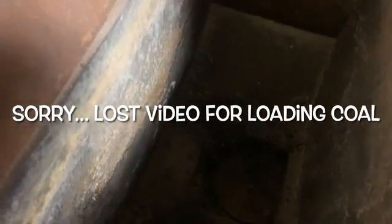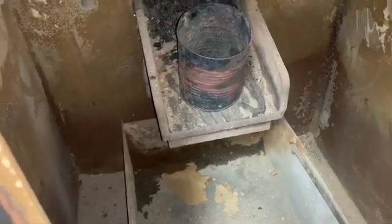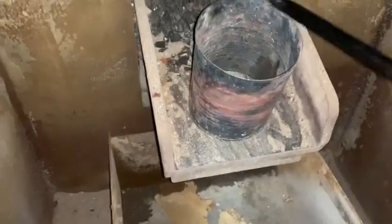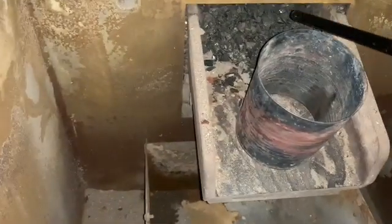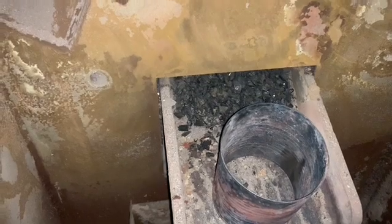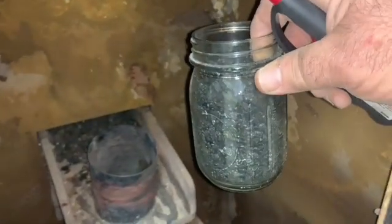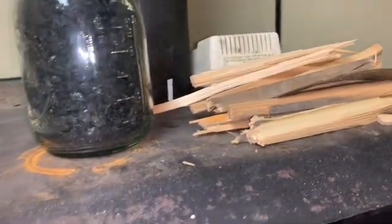Okay, first we're going to load up the hopper with coal. The microphone's getting all filthy. We have everything almost in place here. We have our small tin can. You can see behind there is coal ready to come in. The hopper is full. I have my jar of coal here, and I have my kindling up here. So what I'm going to do is light